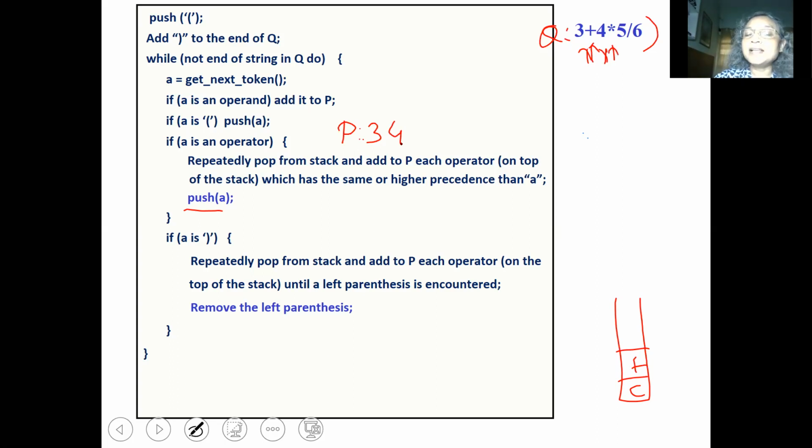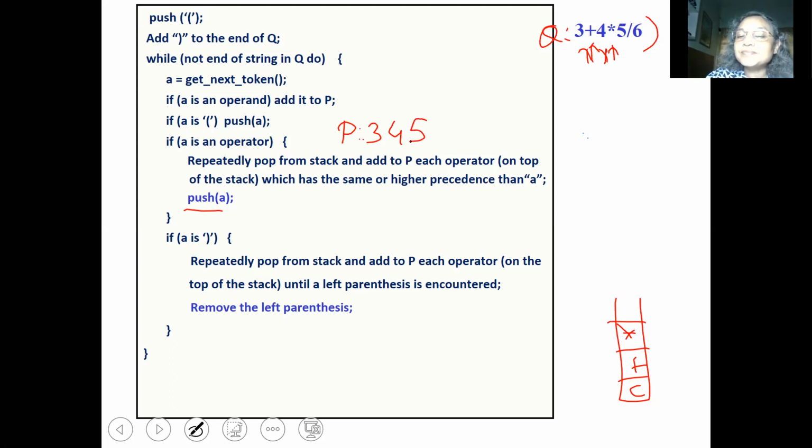Now star is an operator. Now we will pop from the stack operators which have higher precedence. Now plus has a lower precedence, so we will not pop. So we will push A. So star will be now pushed onto the stack. Okay. Then we say 5. So 5 will be just copied here.